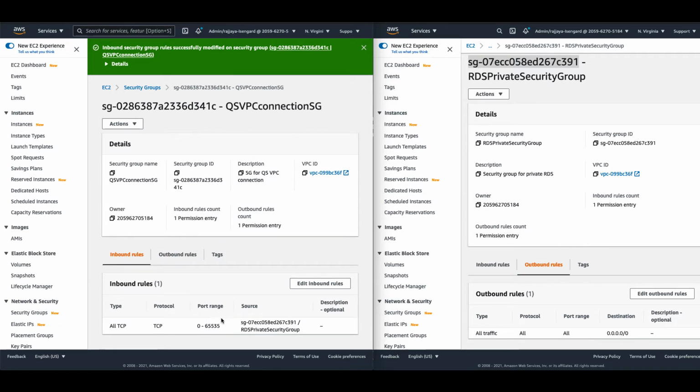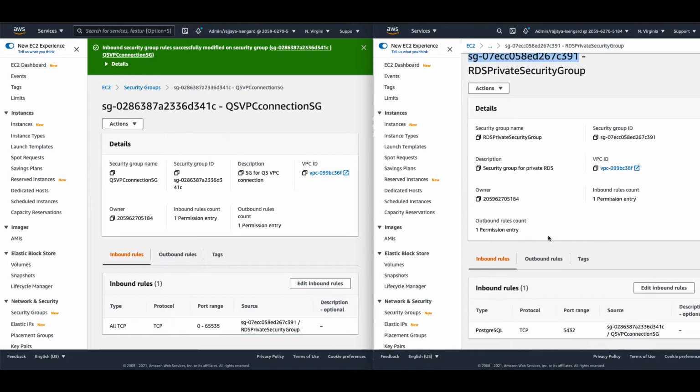Now revisiting the rule that we just added, you might notice that the inbound rule that we specified in the RDS instance's security group is different from the inbound rule that we specified for the QuickSight VPC connection security group. The reason that we allow all traffic or all TCP here is because when QuickSight sends a request to the RDS instance, it sends a request to port 5432.